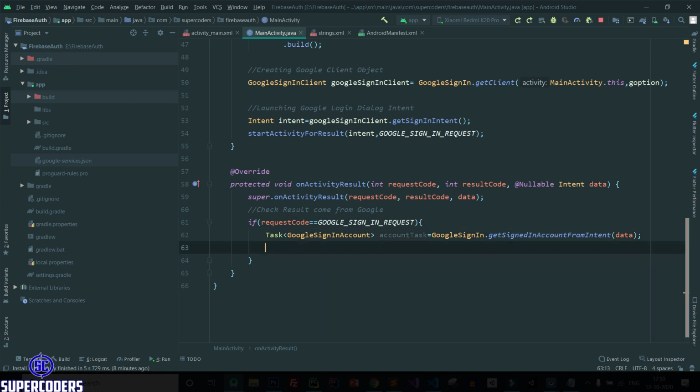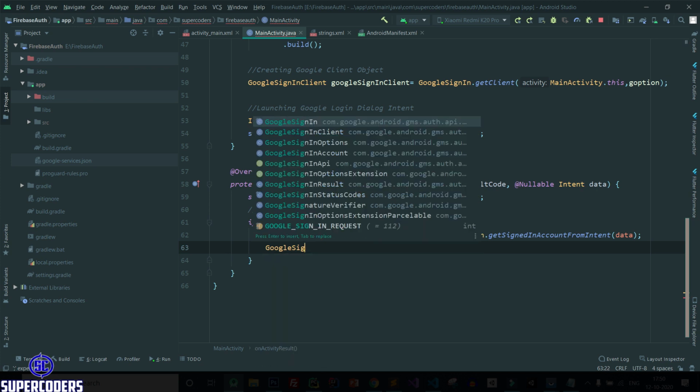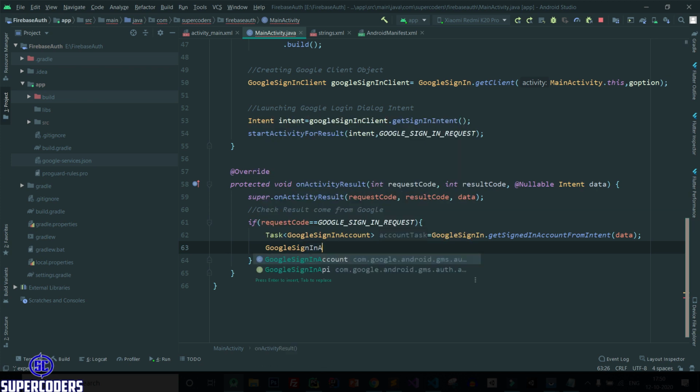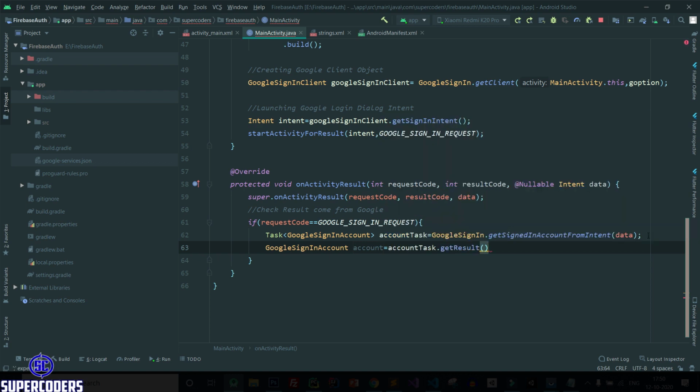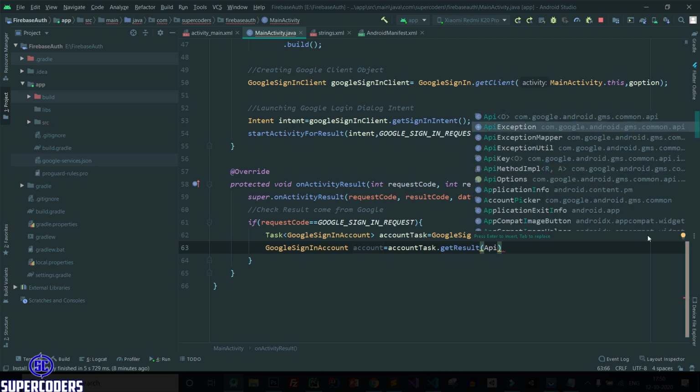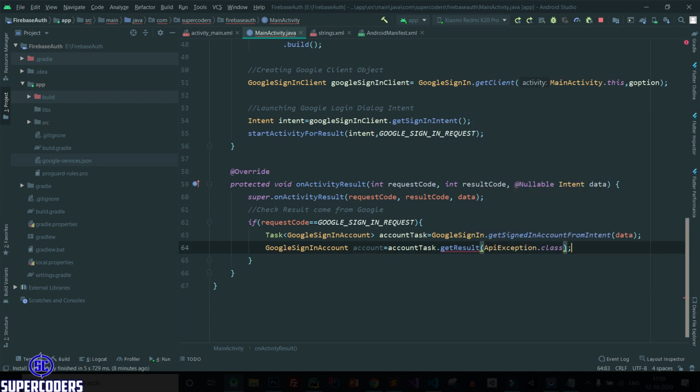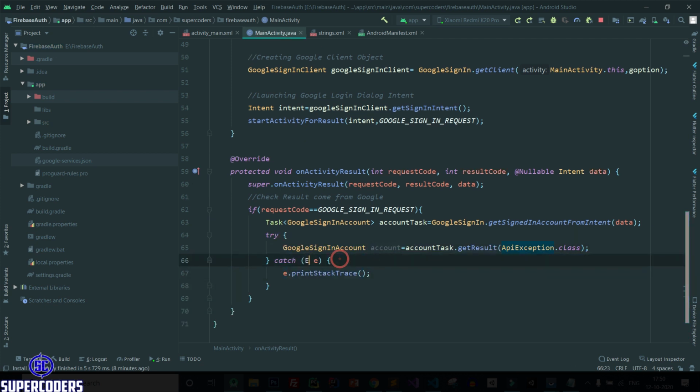Now next is GoogleSignInAccount account equal to accountTask.getResult, and here pass ApiException.class, and we need to surround this code inside a try catch block. You can see it is showing an error, so surround with try catch or change this to Exception.